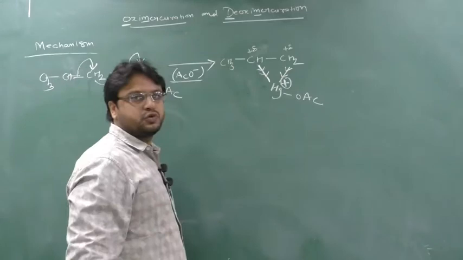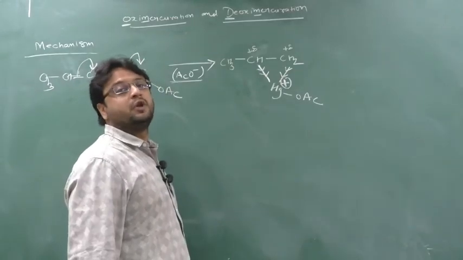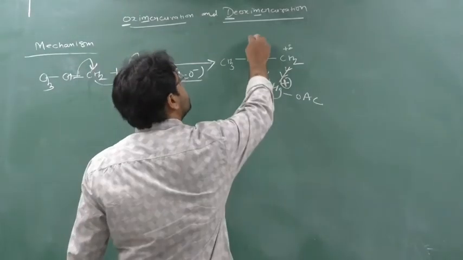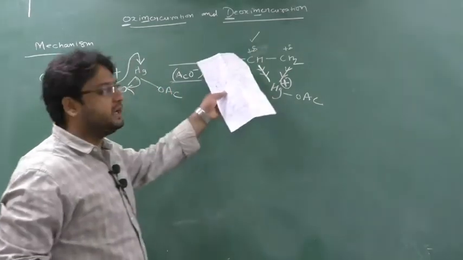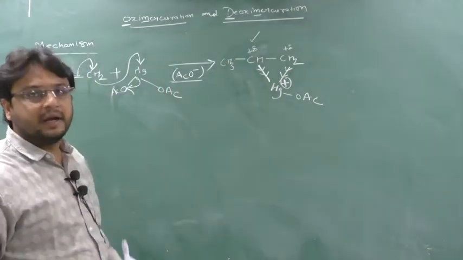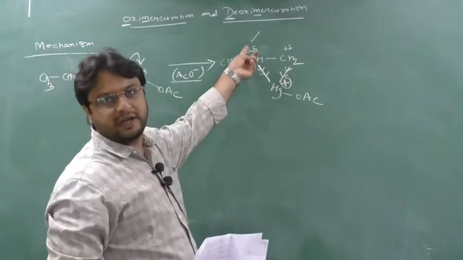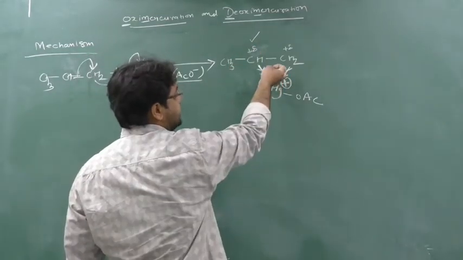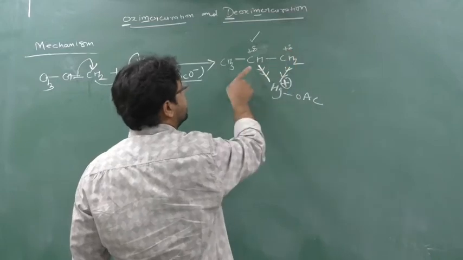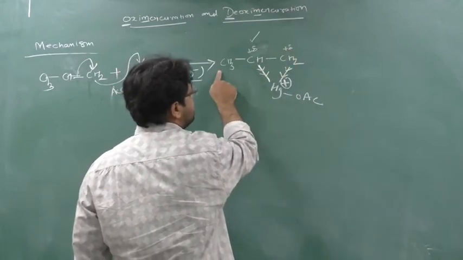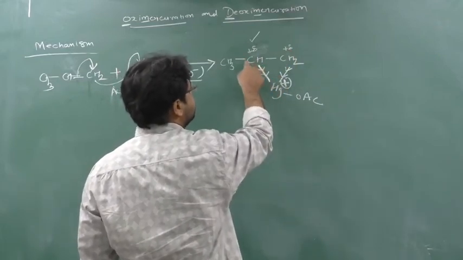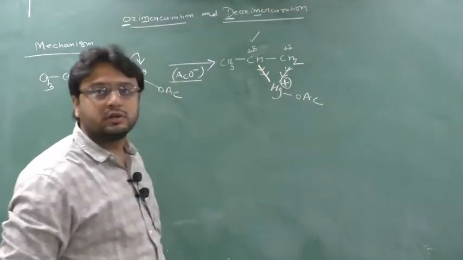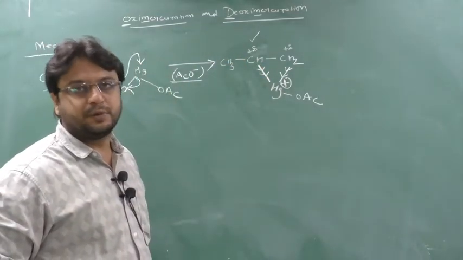Now you tell me, student, where will the partial positive charge look good? Here or here? Here looks good, because a 2 degree carbocation will form. It is a possibility of formation of what? A 2 degree carbocation, no? Or you can understand it in this way. See, if it is attracted from here, CH2, it is not getting help from anywhere, but this CH is getting help from this CH3 and from this CH2 also. It is more stable to show the partially positive charge.